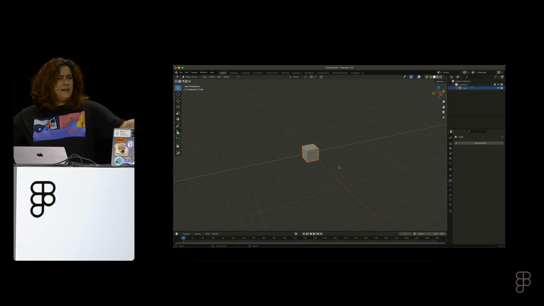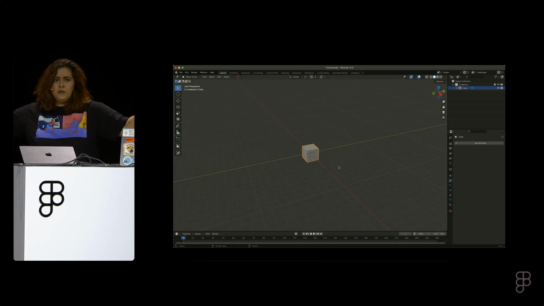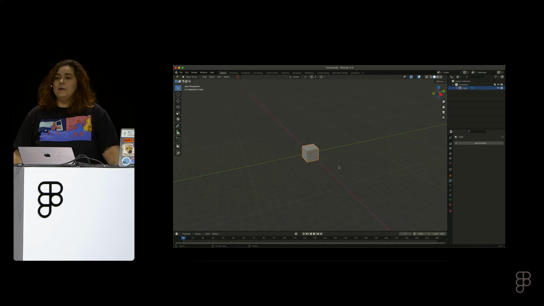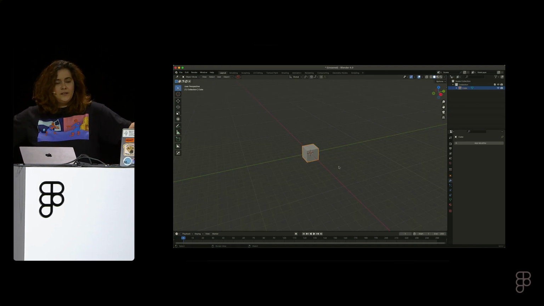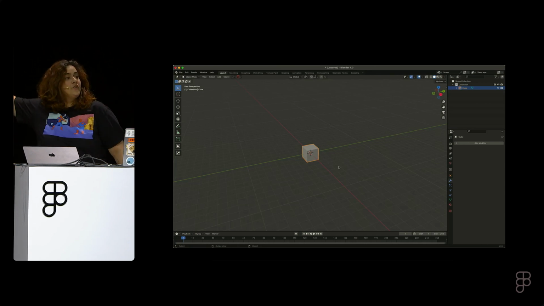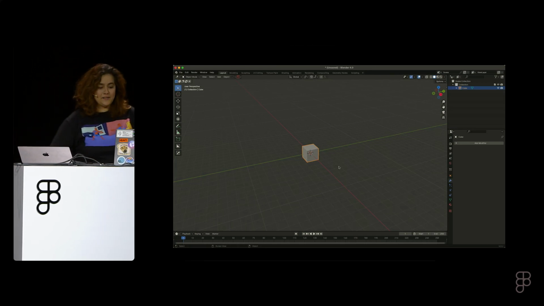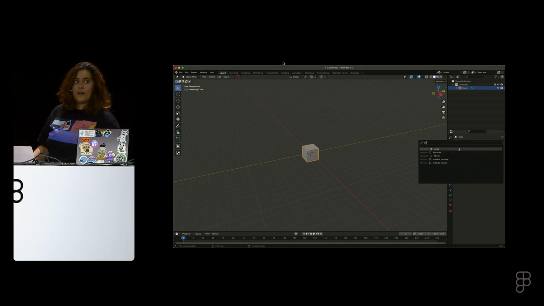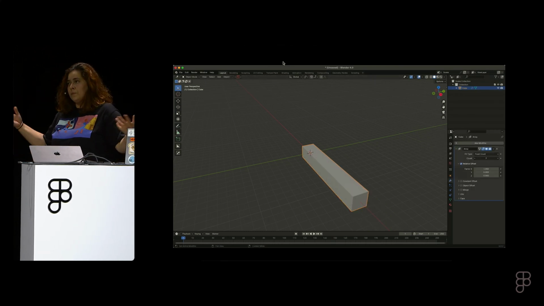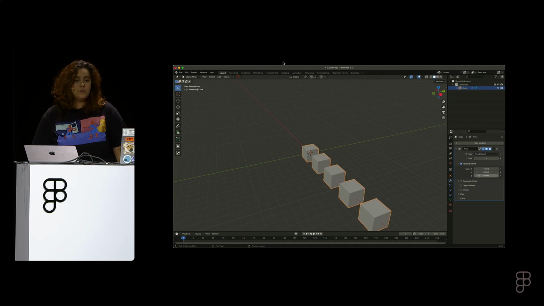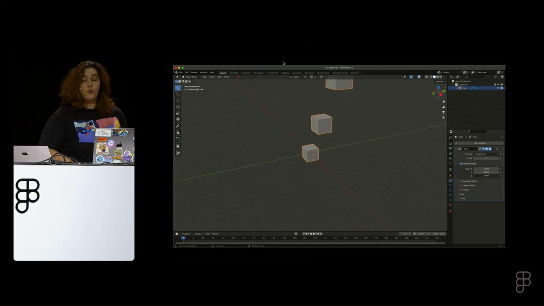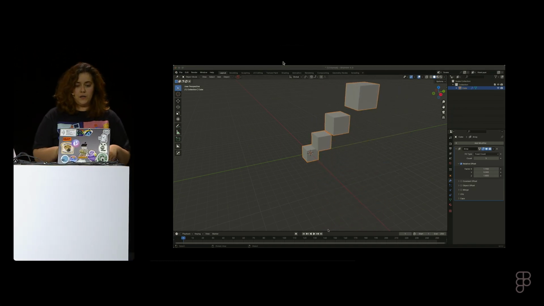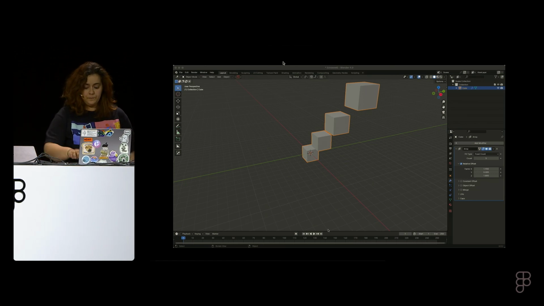We need Blender. People have used Blender. Yes. Array modifier. Does anyone know what that is on Blender? Yes, I know, I have a video, don't worry. Okay, so this is the array modifier in Blender. It basically, so that's one cube, and I can make 1,000 cubes without me making the 1,000 cubes, and it separates them and stuff. Really cool. We're gonna make this in Figma because it was the only thing I could think of, I'm sorry. Okay, it's also useful, I think.